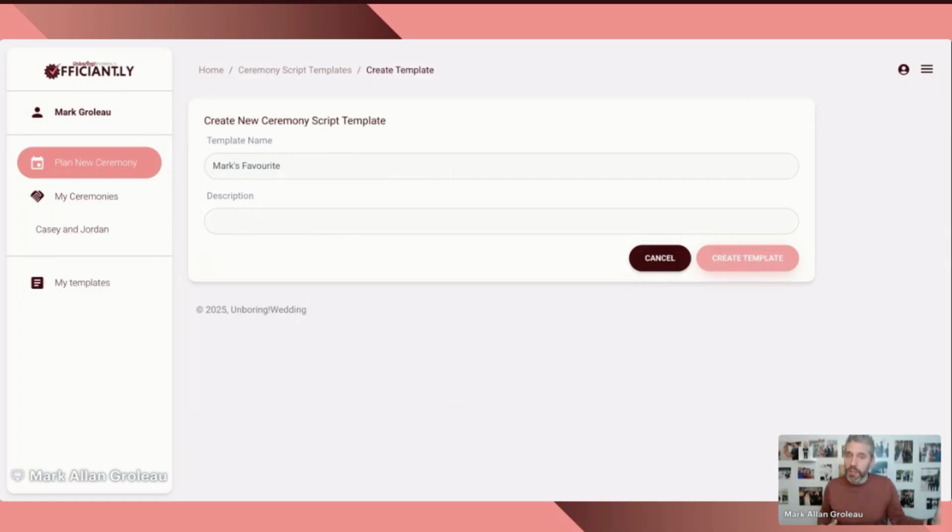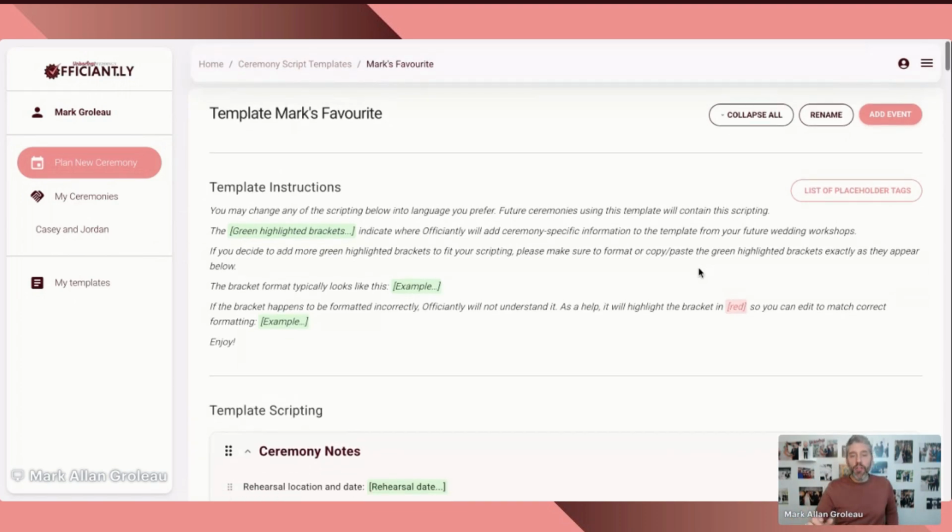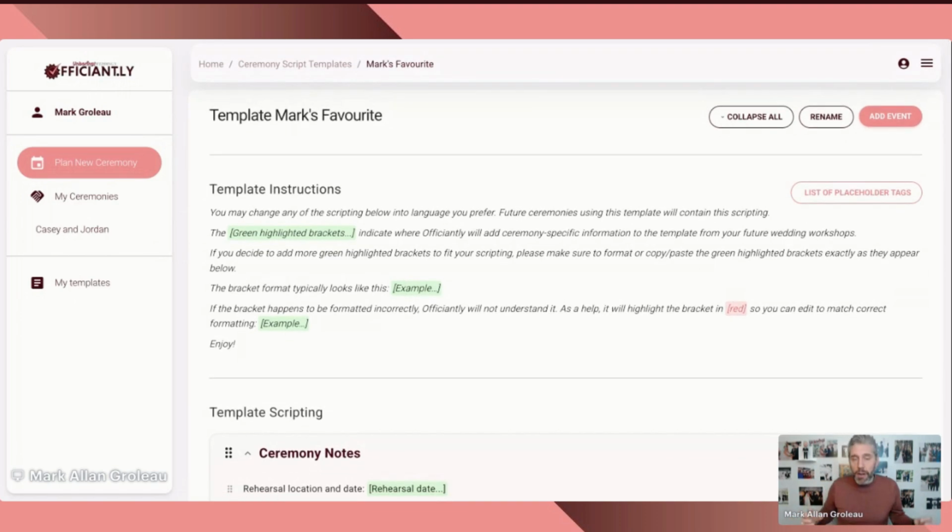And if you have it in a different language, you want to say Spanish template. If maybe it's very religious, you'll say religious template or non-religious. The possibilities are endless for you. Now that we're inside here, there's some things that I'm going to unpack for you in this video, but here's